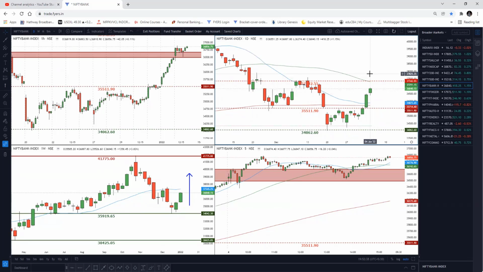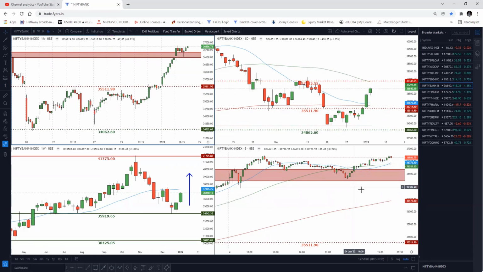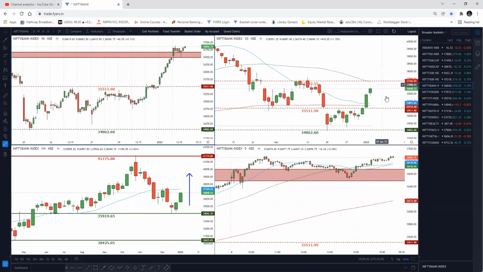And talking about the daily time frame, if we are below the declining 50 MA, which is this moving average, I would not suggest going long, in terms of holding in this market. Again, in case of the intraday charts, we do not have any strong pivot to the downside. So just take care of the intraday based on what is happening on the hourly time frame, the trend where the markets will open. We will take the trades accordingly. However, by and large, the markets are looking bullish, and they are making bullish movements as of now.